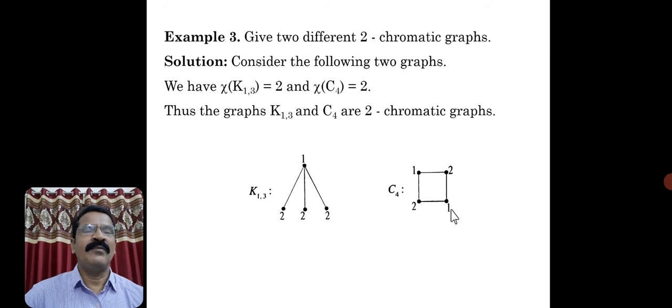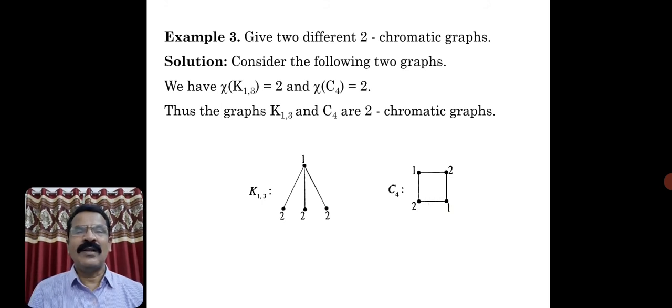So we have colored it with 1. Again, for the last vertex, it is already adjacent to two vertices colored with 1, so you cannot use color 1, but you can use color 2 because these two are non-adjacent. Adjacent vertices should not have the same color, but non-adjacent vertices can have the same color. So if you observe properly, C5 is colored with 3 colors, but C4 is colored with 2 colors. So the chromatic number of C5 is 3, and the chromatic number of C4 is 2. See the difference in cycles also.